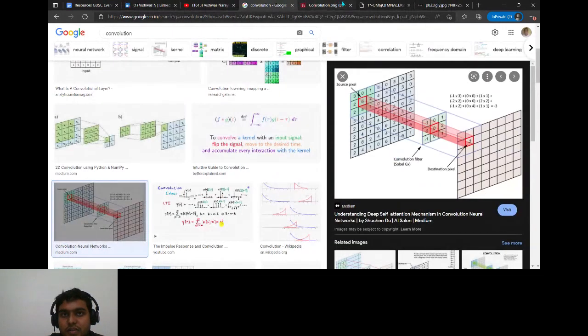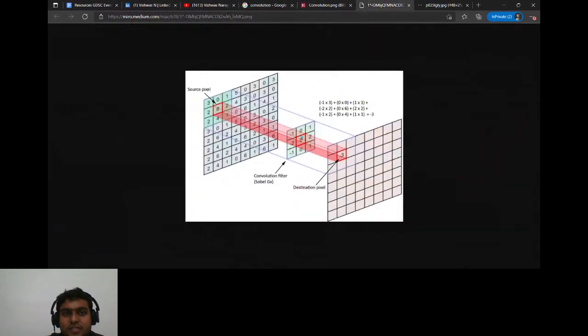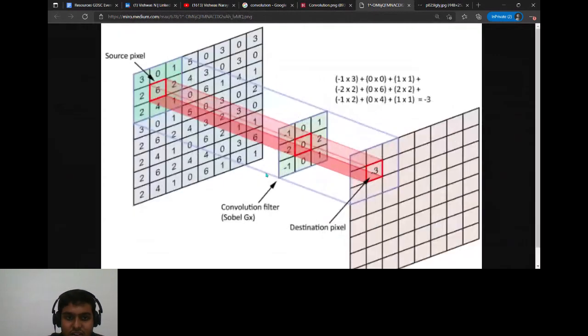Let me open this image. This is what a convolution filter looks like, and this is a source pixel that can be a source image. After processing, at the end of the day, one destination pixel has been generated. If you know this filter, you can get this value out from this filter as well. So the original image can be obtained from the destination image as well. Keep that in mind. It's just mathematical operations that are known to people.